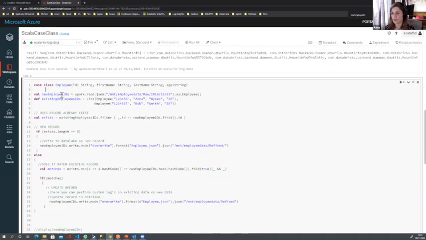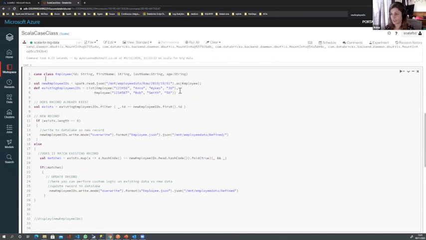So here, we are actually connecting to our data lake. That's what this is doing here. We're doing a Spark read JSON, giving it the location we were just looking at, so that raw location, 2019, 10, and 1. And we're going to say this is going to be an employee. So we defined our case class. We know it's going to be an employee. So I'm saying grab me this as an employee.